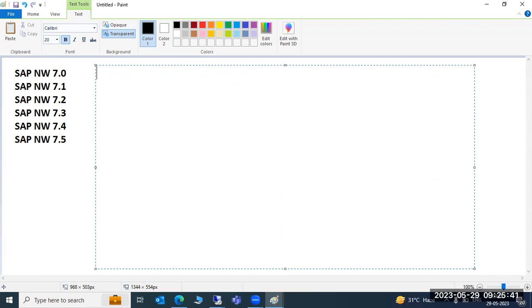We have to log in here. These are not open source software, and it's not free software to download. Here you need a user ID, an SAP user ID. It starts with S0 or S000, then there is a number after it. This user ID will be provided by the organization. When you join an organization as a business consultant, then you will get the user ID.